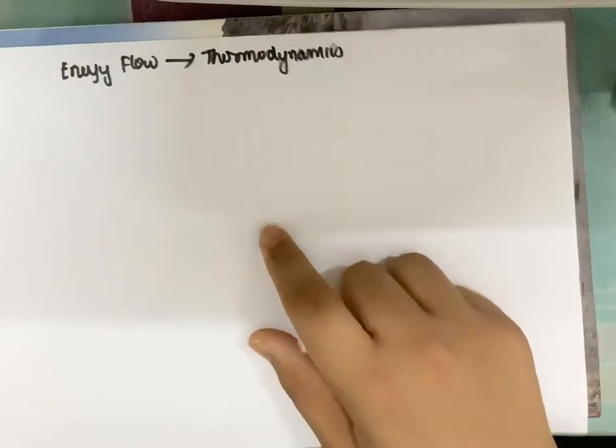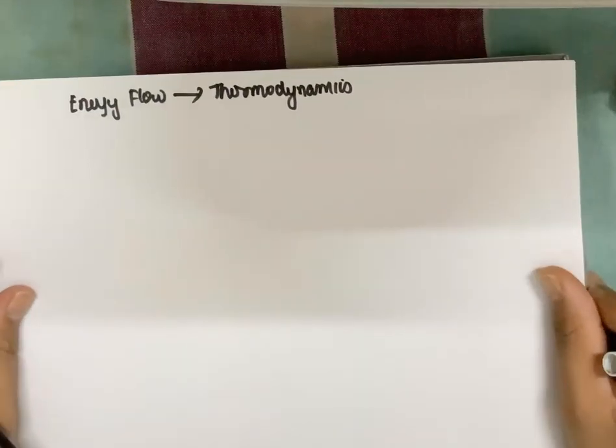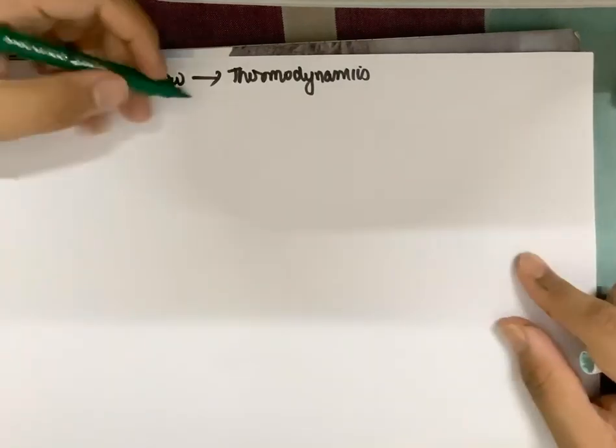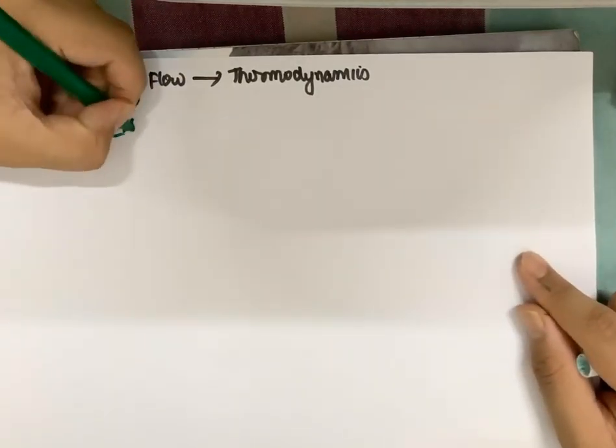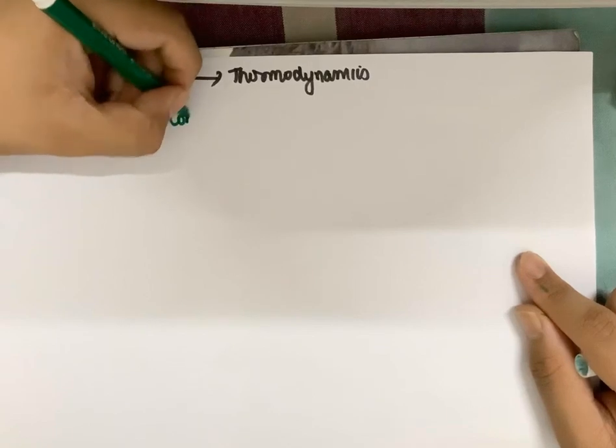Alright, thermodynamics has some laws. We have emphasized on the first and second law and the third law in class 11 thermodynamics. This is an exclusive part for class 12. For class 10, thermodynamics is not essential. Okay, so energy flow follows the first law of thermodynamics, which is basically the law of conservation of energy.